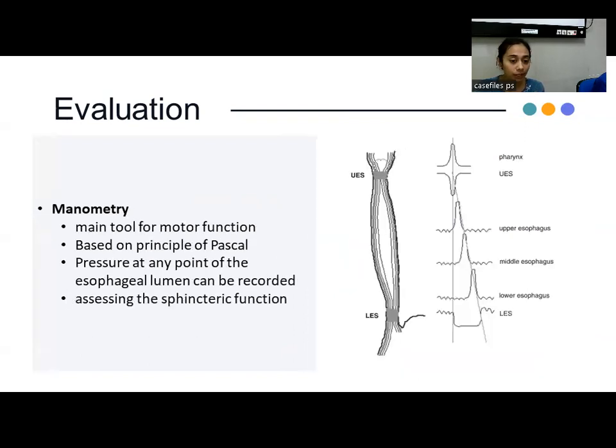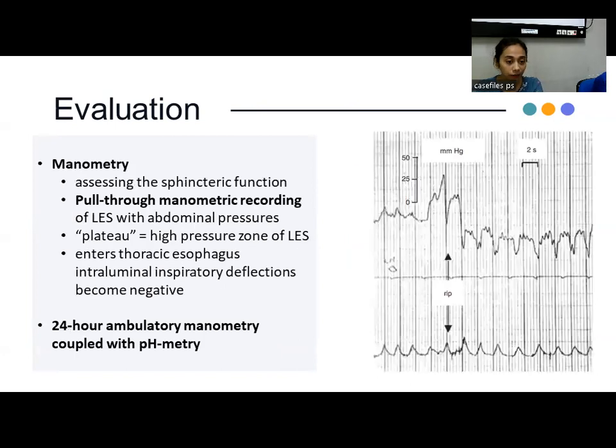Manometry is the main tool for the assessment of motor function, and it is based on the principle of Pascal. The pressure at any point of the esophageal lumen can be recorded, and thus it helps in assessing the sphincteric function. A pull-through manometry recording is done of the LES with abdominal pressures in this particular graph. The plateau shows the high pressure zone of the LES, and when it enters the thoracic esophagus, intraluminal inspiratory deflections become negative. This can be combined with pH metry, and a 24-hour ambulatory manometry can be done to increase the results